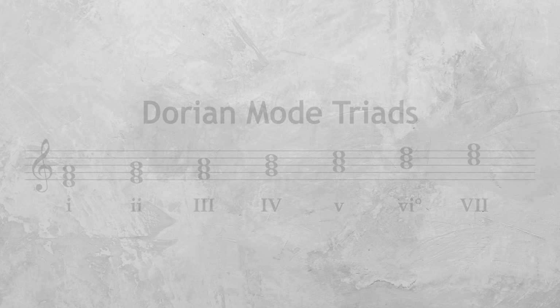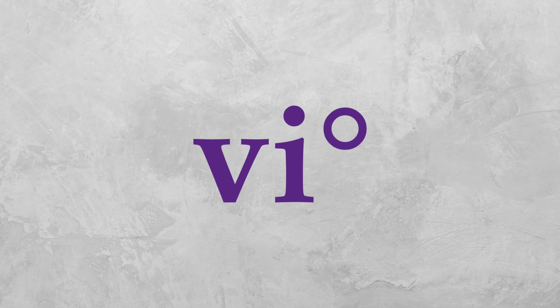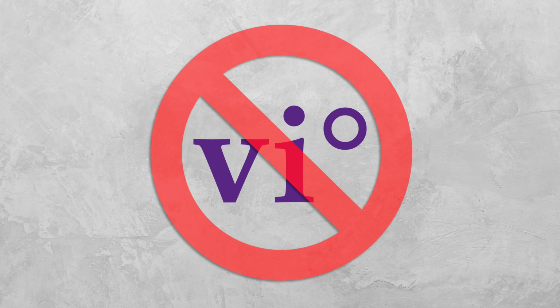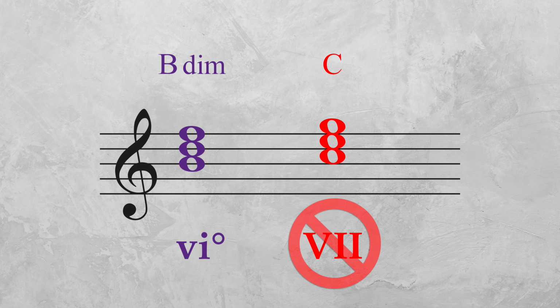The usage of the lowered 6th scale degree has an even bigger impact on the harmony of Dorian mode. As I mentioned earlier, the submediant 6th triad is actually diminished in Dorian mode. Now, this isn't a very useful chord because most modal music avoids those highly dissonant sounds like diminished and augmented triads. Functionally, that diminished 6th triad isn't very useful because it naturally wants to lead up a half step to the major subtonic triad built on the 7th scale degree,